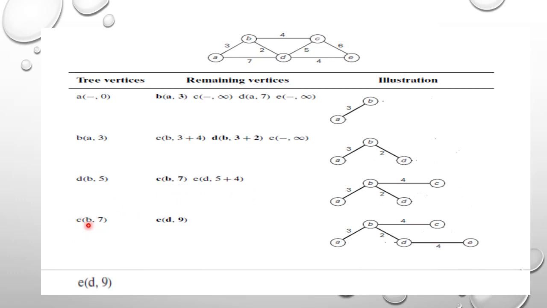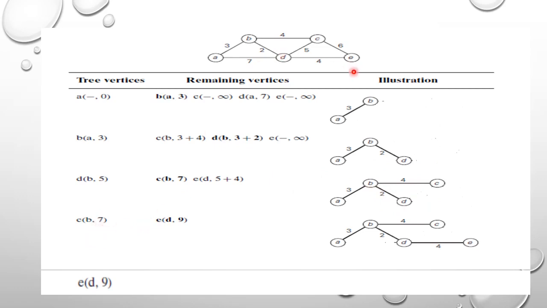So let's add C. To get to C, A has to cross which predecessor? B. You can see, so you can add BC in the previous illustration. To reach C, you have to take this path, the ABC path. So C's predecessor is B. Next, this is how you have to form a graph. Then what is the remaining vertex?